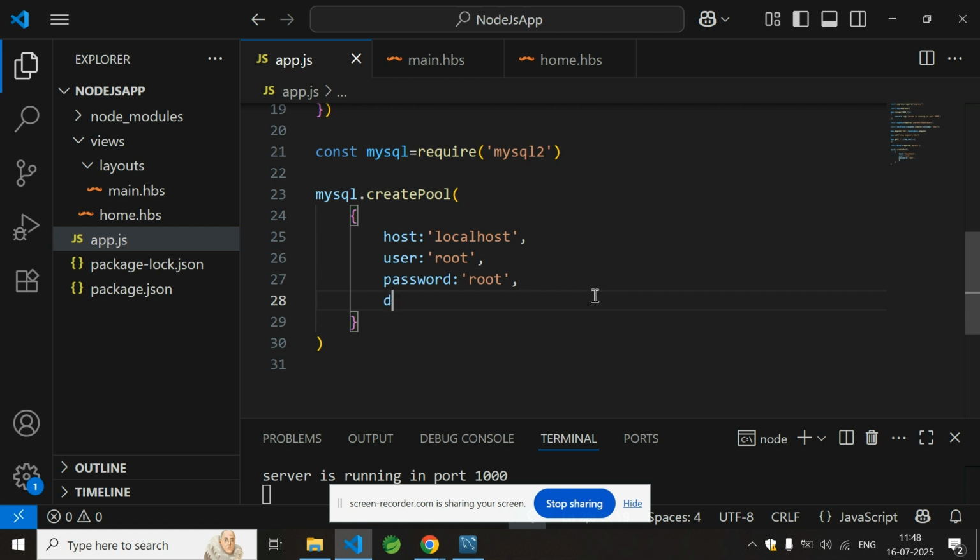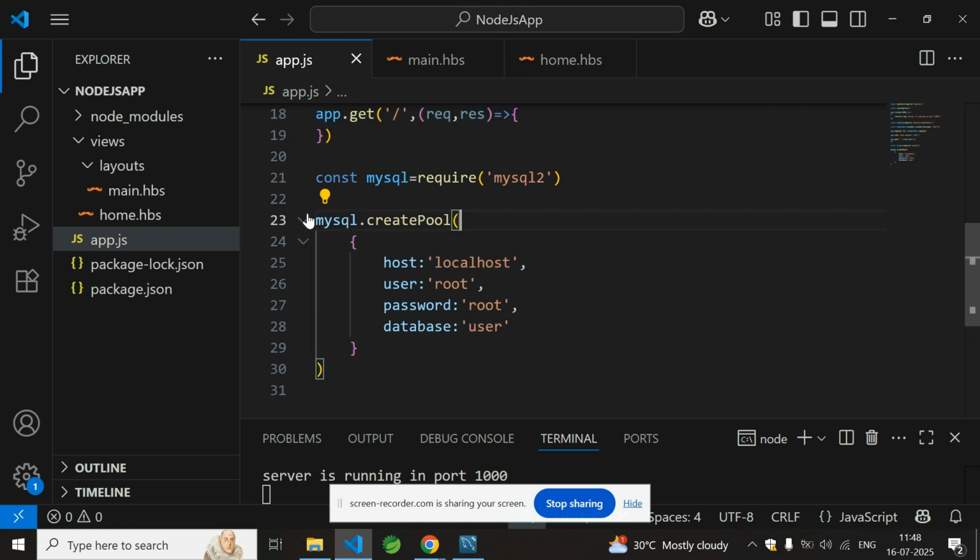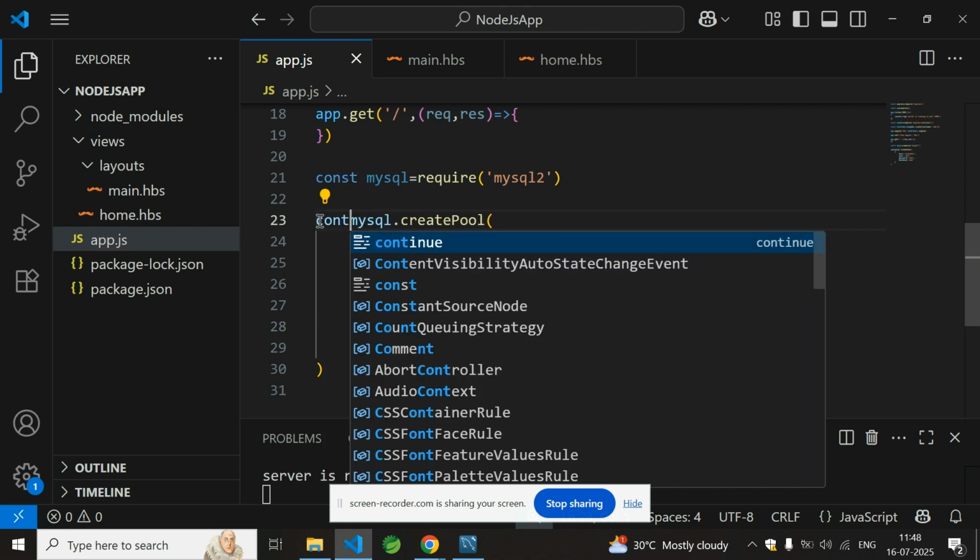Next is the database name, user. So this will create a connection to the MySQL database and store it in a constant